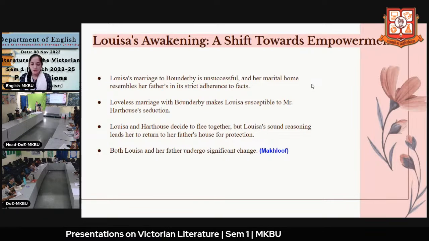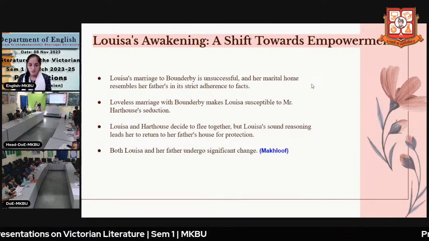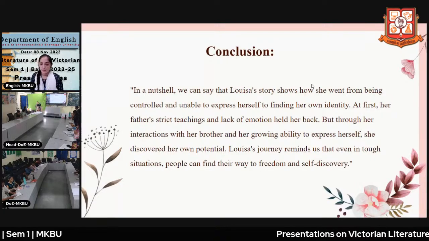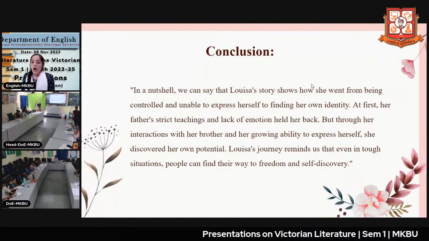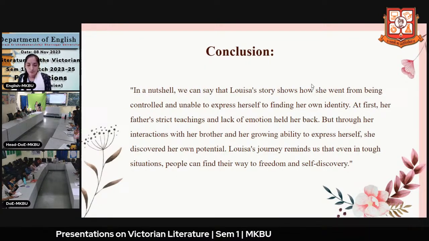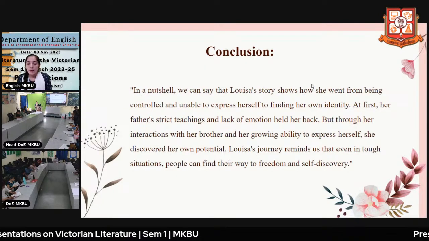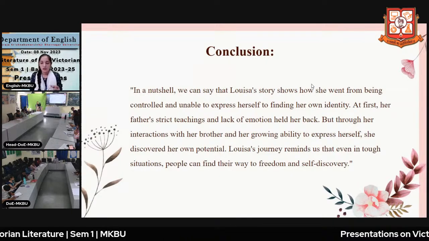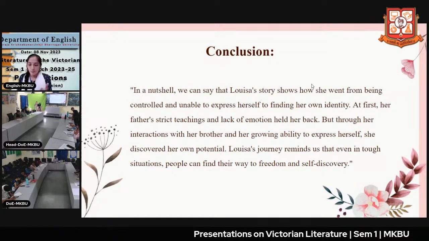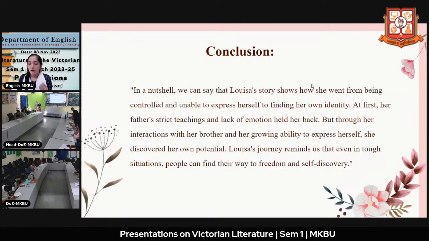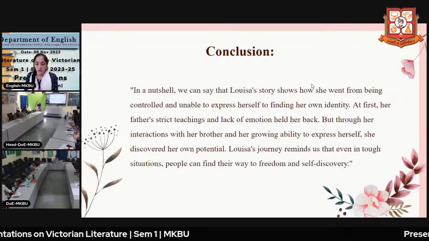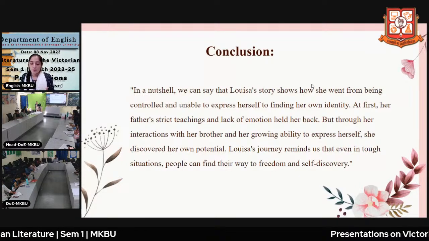Both Louisa and her father undergo significant change, as we can see through the novel. In conclusion, we can say that Louisa's story shows how she went from being controlled and unable to express herself to finding her own identity. At first, her father's strict teachings and lack of emotion held her back from expressing her feelings and her imagination. But through her interactions with her brother and her growing ability to express herself,